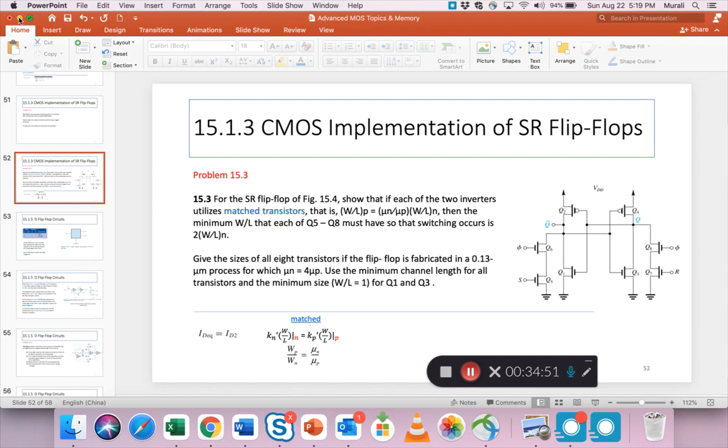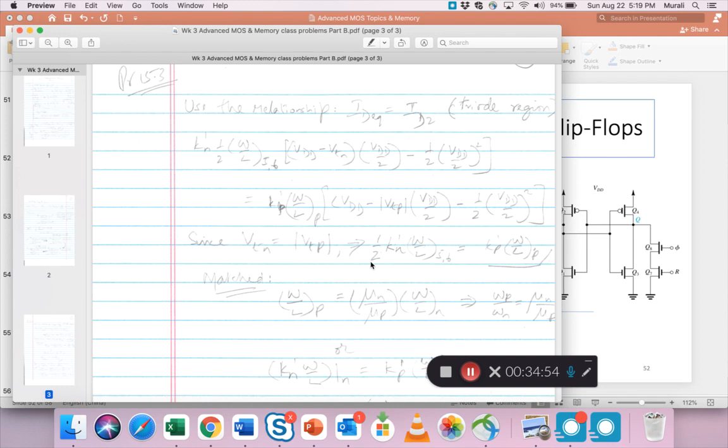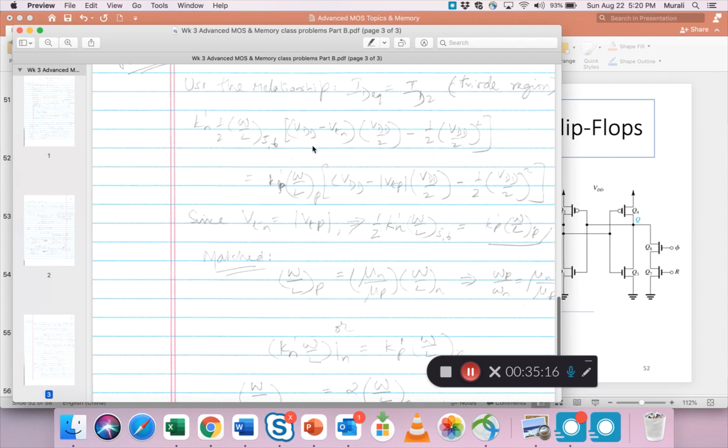So under those conditions, we know that the equivalent of the two MOS transistors which form the AND circuit are in triode, and the other one, Q2, which is this one that we consider, is also in triode. So under those conditions, if you equate the currents, just by writing their equations for the drain currents, this is the general form of the equations, and since we are given that Tn equals Tp, generally that's the case,